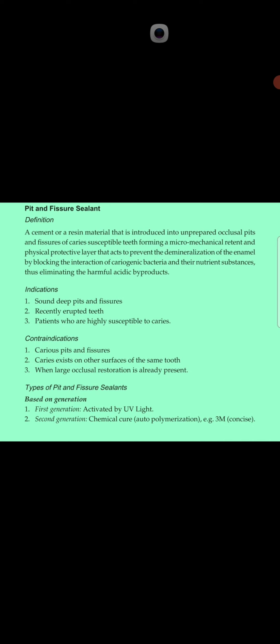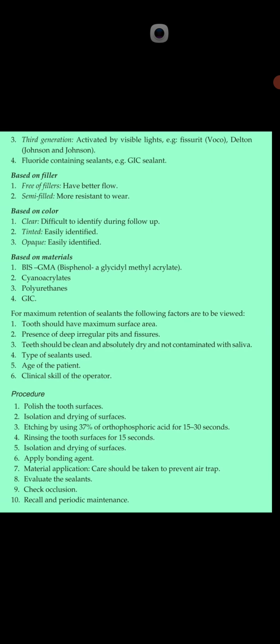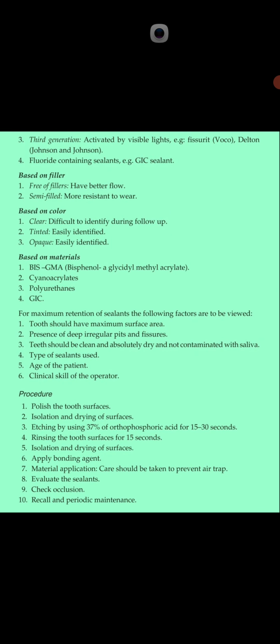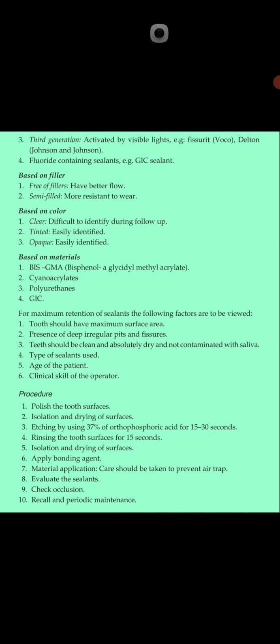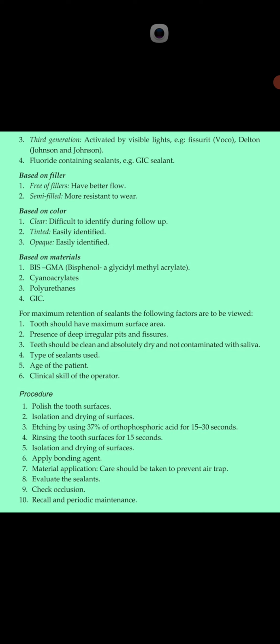In the last NLE exam, this MCQ came. First generation pits and fissure sealant is ultraviolet activated, visible light activated or chemical cure. This is very important. Now types of pits and fissure sealant. First we make types on the basis of generation. There is a first generation, second generation, third generation and fourth generation. Remember, first generation and third generation both are light activated, but first generation is ultraviolet light and third generation is visible light,